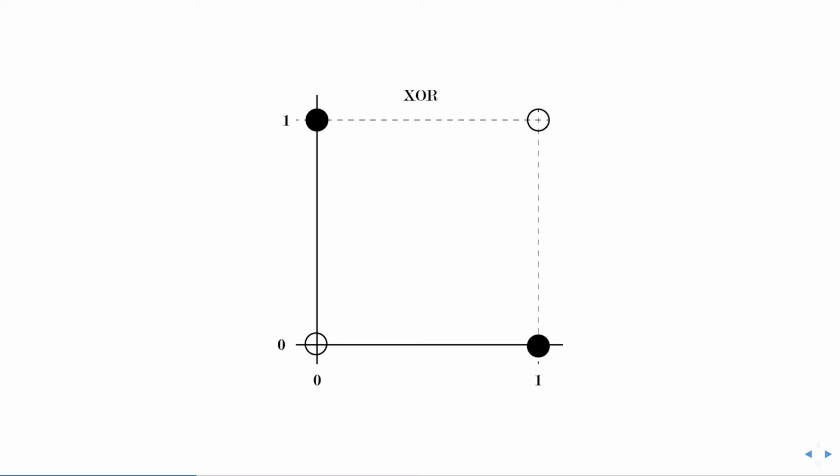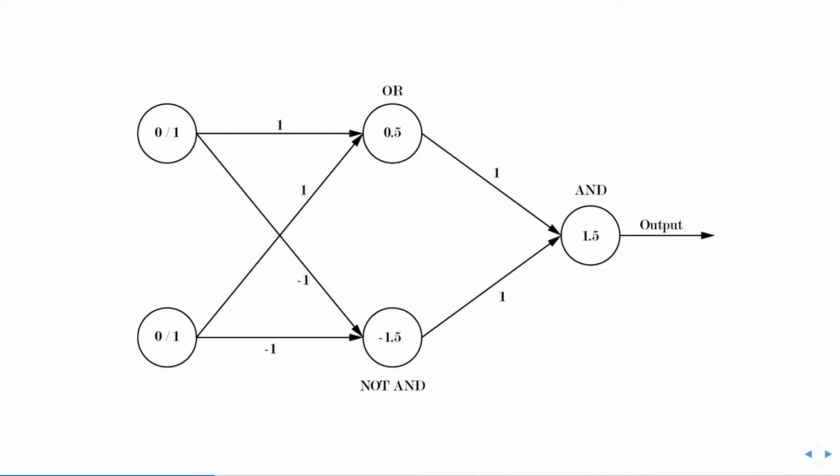So how could we do this? Well, the answer is pretty simple. We just add more neurons. This is what starts to look a bit like a network, right? So the previous neurons we saw, they are here. We have an OR and an AND. And then we have a topology that lets us have one of the neurons in charge of picking up the OR, and one in charge of picking up when not AND, so when all of the other ones are on. And then we kind of join both of those features.